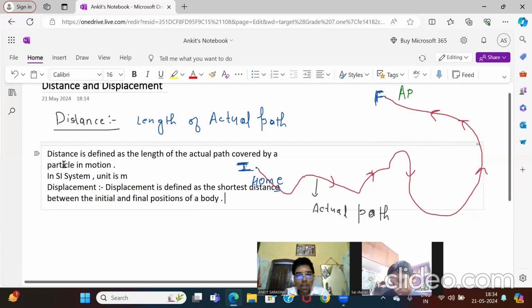Full stop. It is a vector quantity. Clear? It is a vector quantity